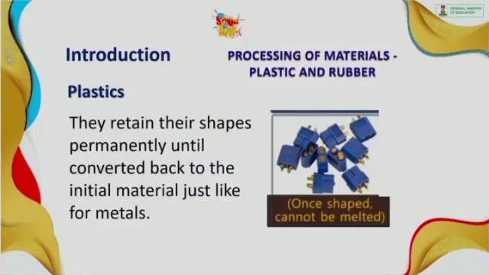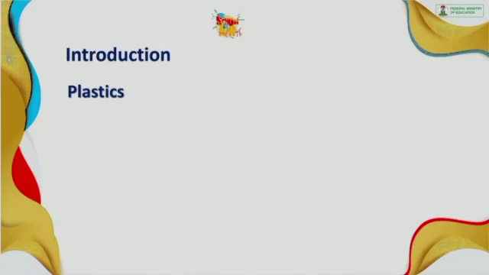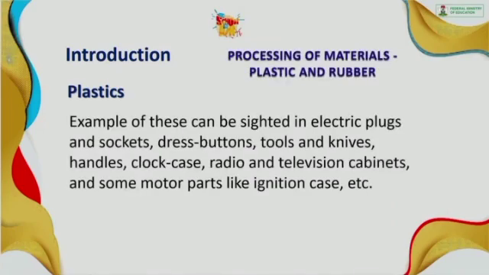They are very strong, very rigid. When they set, we use the word set. When they set, they cannot be reversed to make other materials, unless you make them back into the initial materials, just like metal. Examples can be cited in electric plugs and sockets, dress buttons, tools, and knives. So the plastics in the electric plug